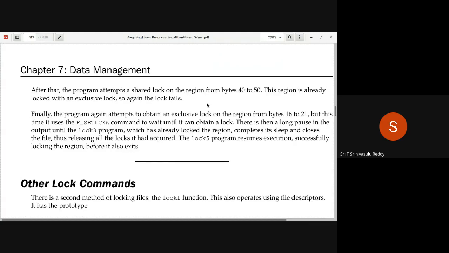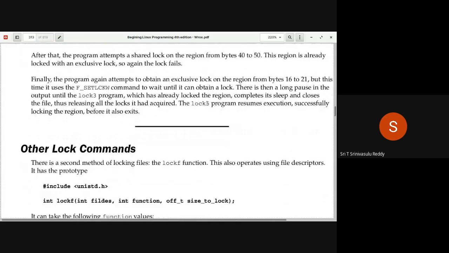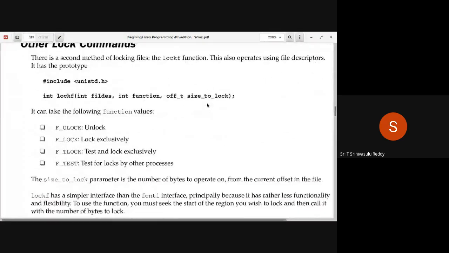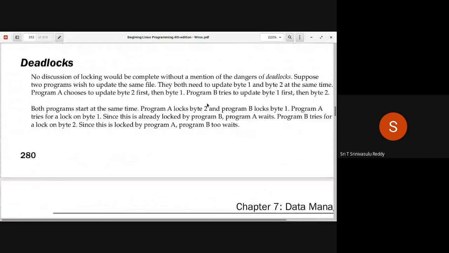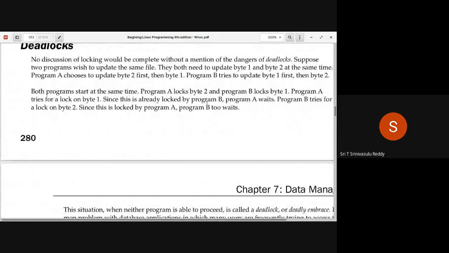So we have tried to learn the file locking mechanisms by using both the open system call as well as the fcntl system call. Lockf is there, by which we can also lock a region of a file. That also we have seen. And then, essentially, whenever you are developing